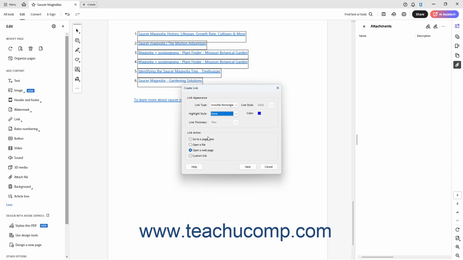The Link Action section of the Create Link dialog box lets you choose what happens when a user clicks the link in the PDF. The link action options are Go to a Page View, Open a File, Open a Web Page, or Custom Link. Select the desired option button and then click the Next button at the bottom of the